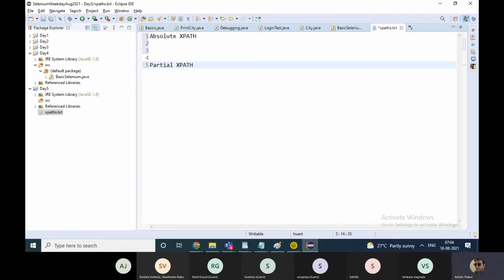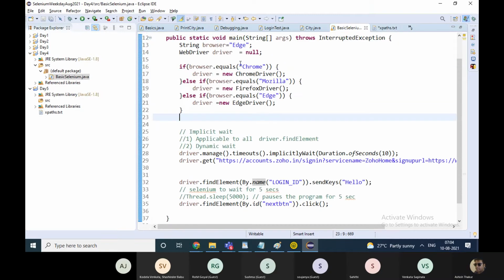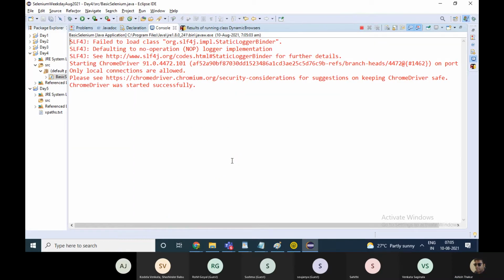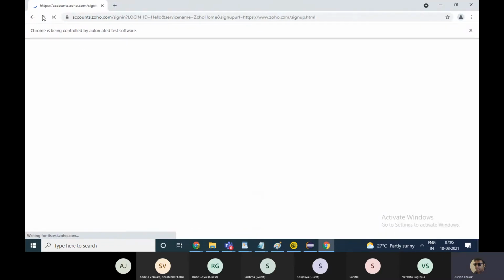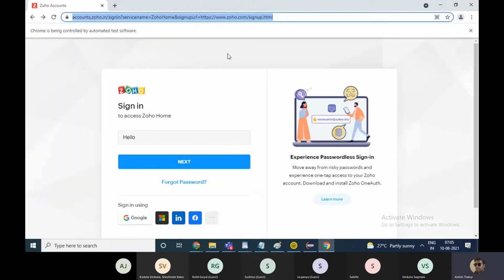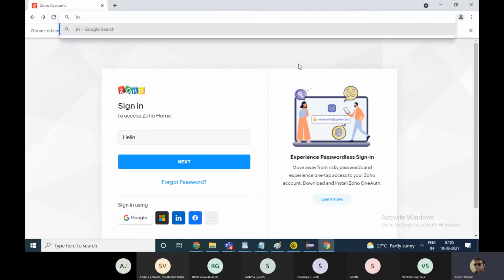What is the difference? Let me talk about absolute XPath first. Suppose you are on this website. Let's take a very basic example.